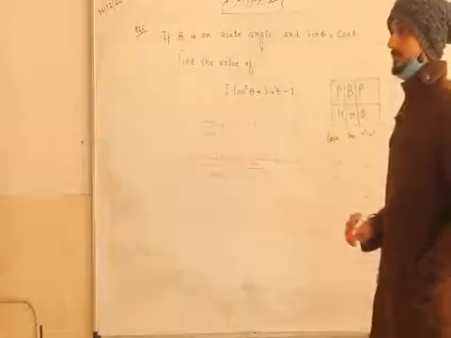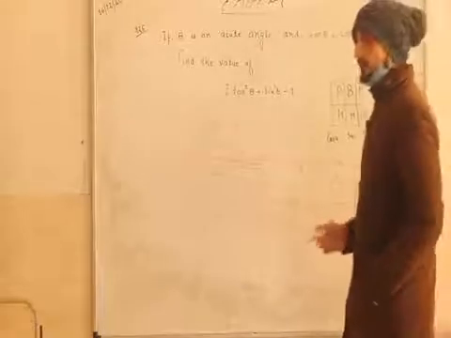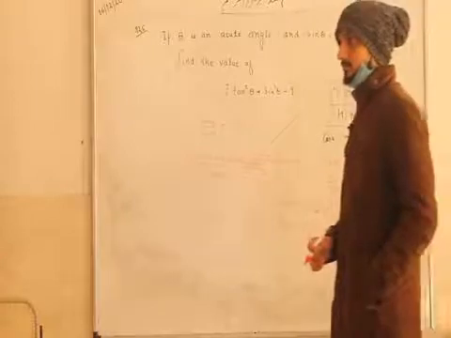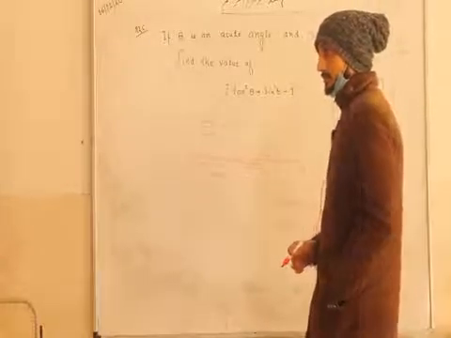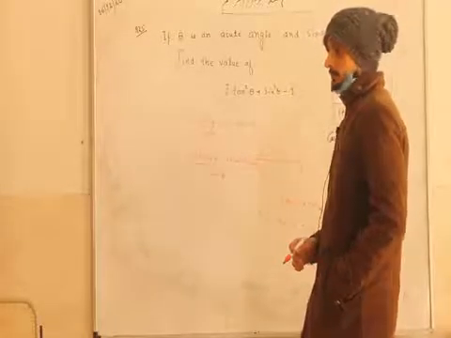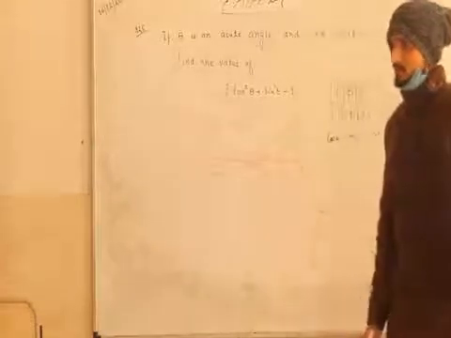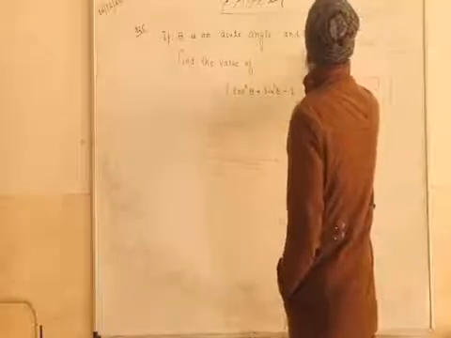So I will bring cos theta below sin theta by transposing. Equals to 1. So tan theta is equal to 1. That is the tan value I got. If I know the tan value, then I know the perpendicular and base values, because tan theta is equal to perpendicular upon base. So perpendicular is 1, base is 1, then hypotenuse is root 2. So these are equal, the ratio will be 1.